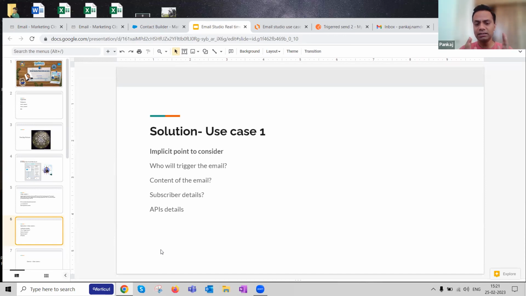These points are not specific to Email Studio. I'll come to that. But as a part of the end-to-end solution, these are the things that you need to think through in order to actually manifest this solution in Marketing Cloud or across Marketing Cloud. Remember, this is something that we will not necessarily be able to complete in Email Studio. It will expand, but in the context of this solution, we will be specifically talking about Email Studio here, right? I hope everybody is with me.